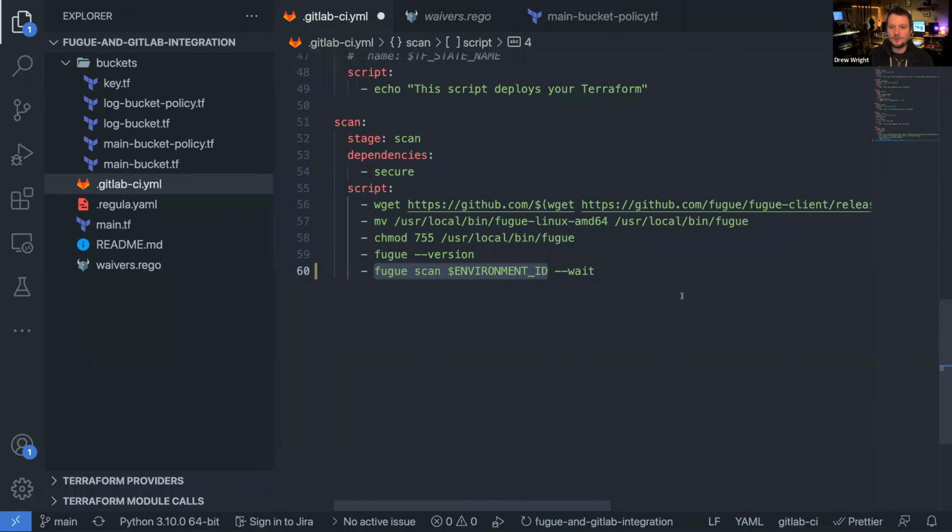So just resources that, it's easy to spin things up in the cloud, and it's a little bit more difficult a lot of times to track everything that you've spun up and tear it down when you don't need it anymore. And if it's orphaned, you might not be keeping it updated or patched or scanning it. So Fugue catches all of that to make sure you're aware of everything that's running and the security posture of all of that stuff,